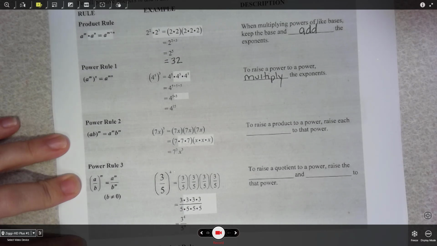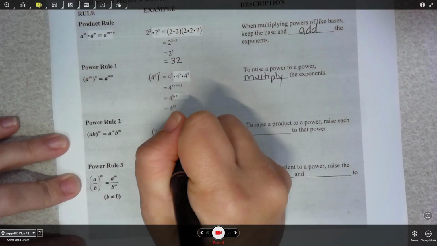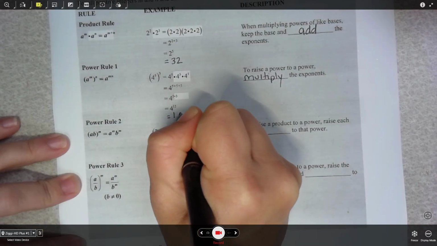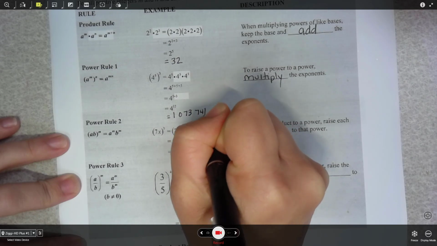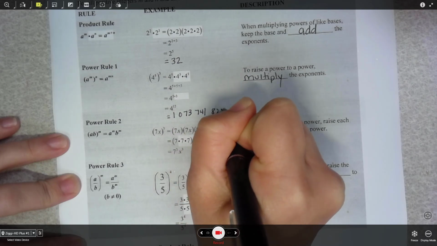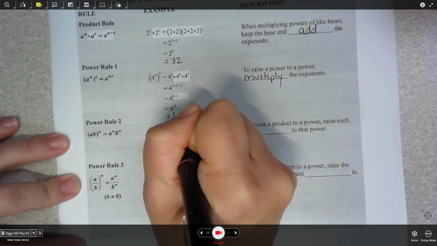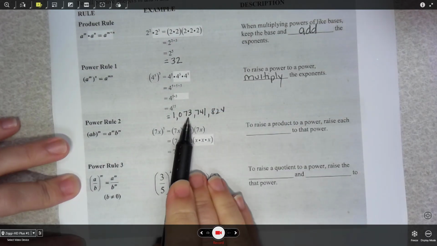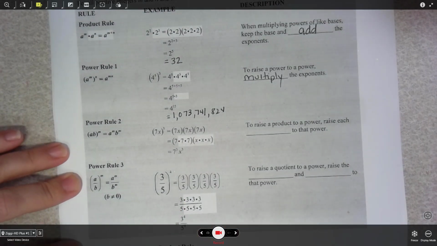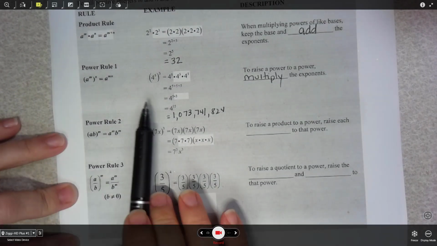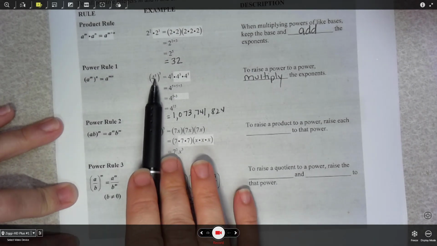Let's see if I can get it entered in right. All right, it's a really large number. That looks to be 1,073,741,824, so that's a fairly large number. Mainly what I want you to remember is that if you have a power raised to a power, you multiply